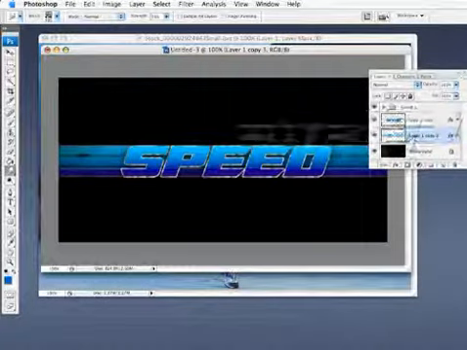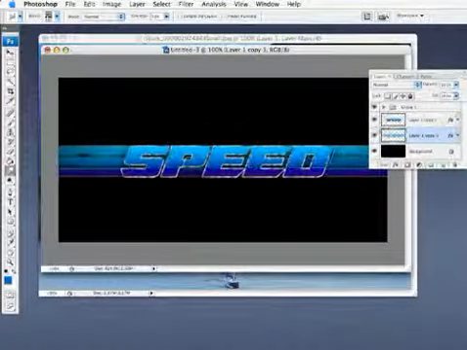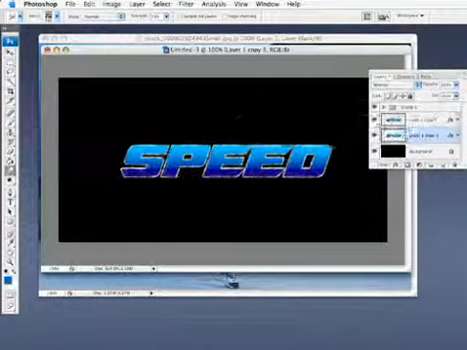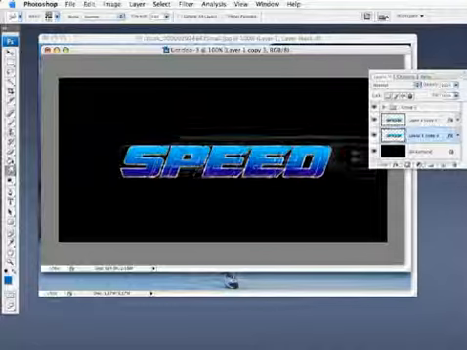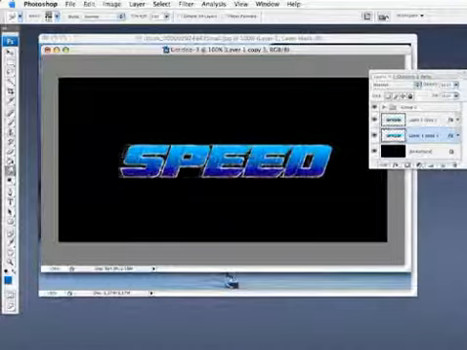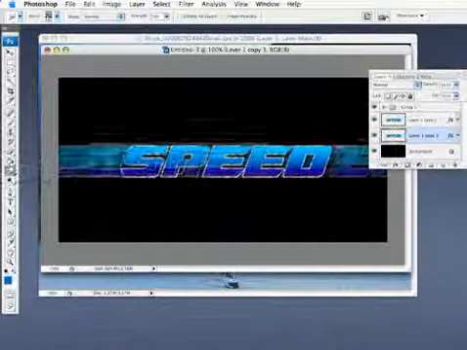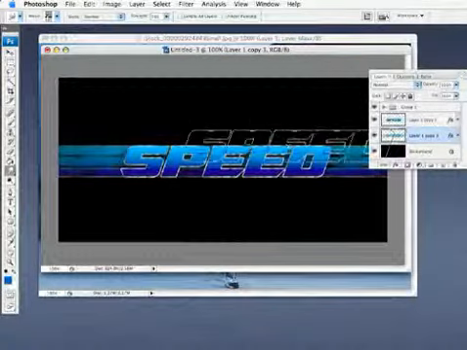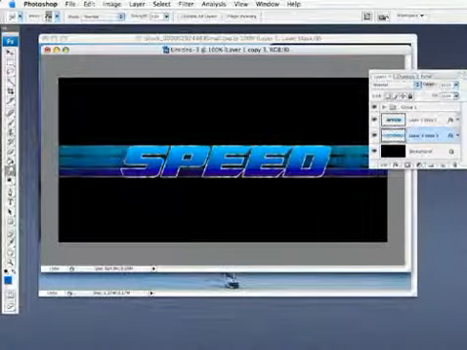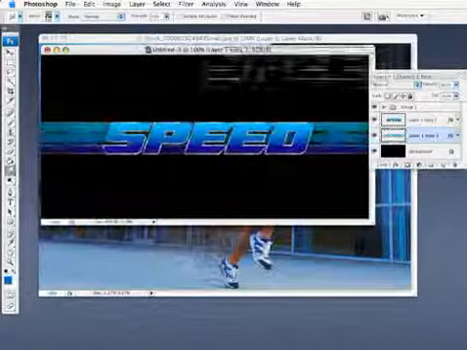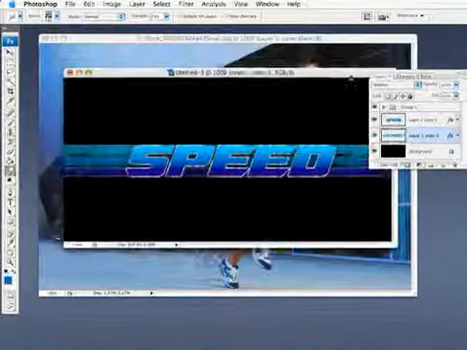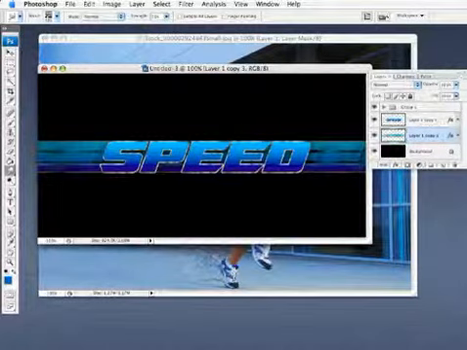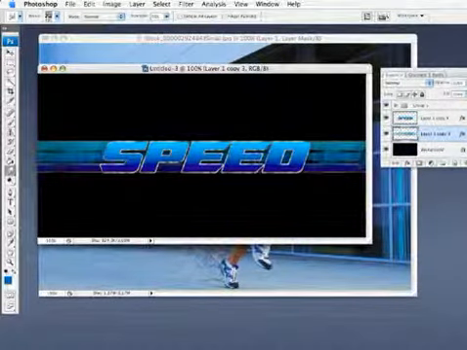Now you might be saying, why don't I just duplicate that layer and run a motion blur on it? Well, you could. And you might get a similar effect, but having it as a brush gives you more control. Like I said, varying the speed at which you paint gives you a different effect altogether. If I go a little bit faster, you can see that the letters are still somewhat legible, but they have kind of a sense of motion to them. And that's pretty cool. But that's pretty much it. That's taking the smudge tool and taking it a bit further and enhancing photographs and graphics with some interesting sense of motion. Speaking of motion,